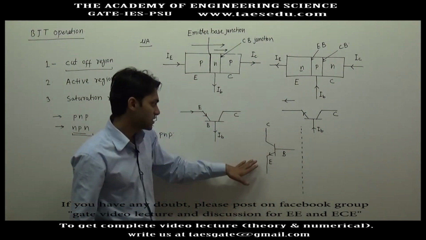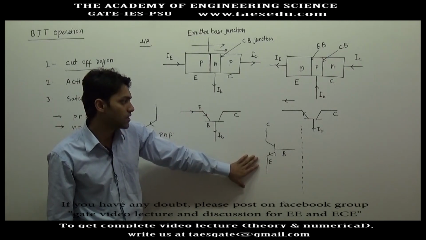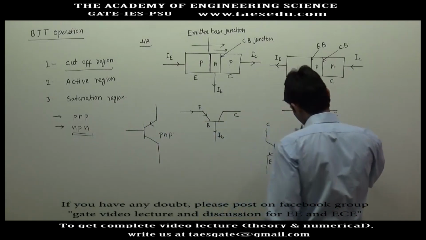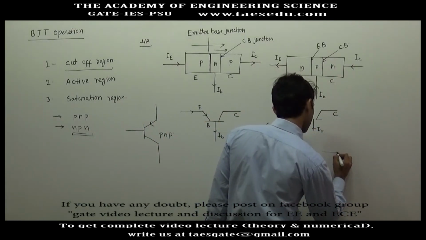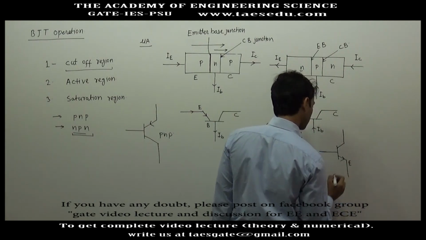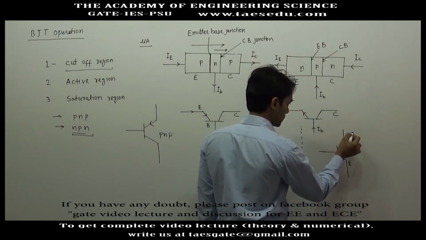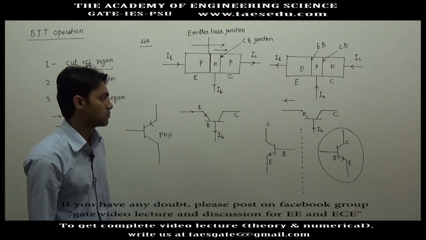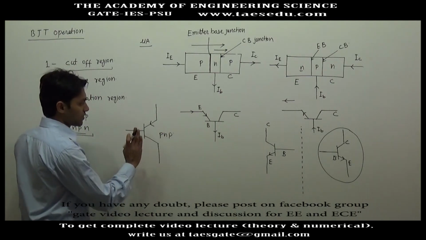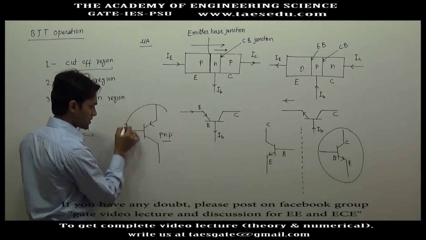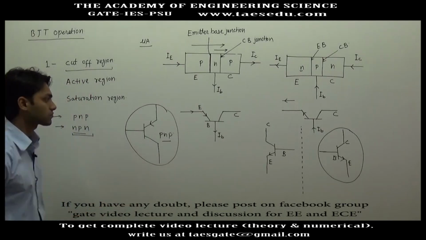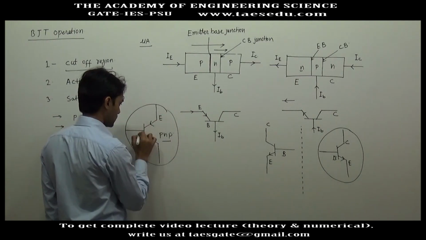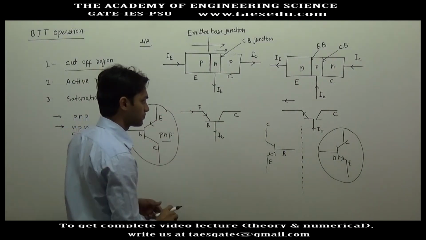So I want to represent this transistor in the form in which it is mostly given in books. If you take mirror image of this, what you will get? This is emitter, collector and base. So in this form, or with this symbol, it is mostly represented in books or in questions, and a PNP transistor is mostly represented with these symbols. Here we have emitter, base and collector.